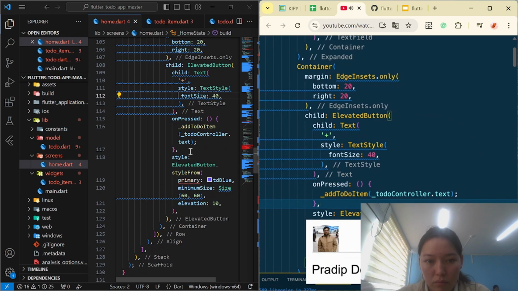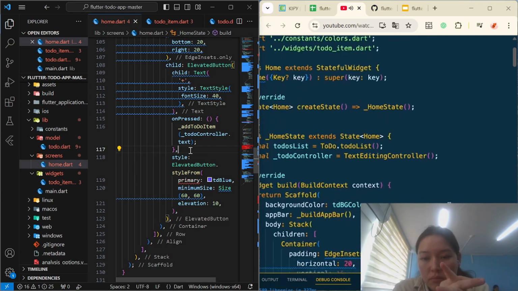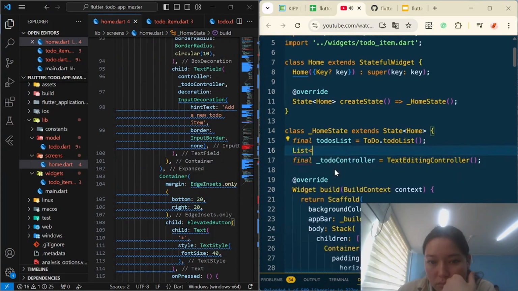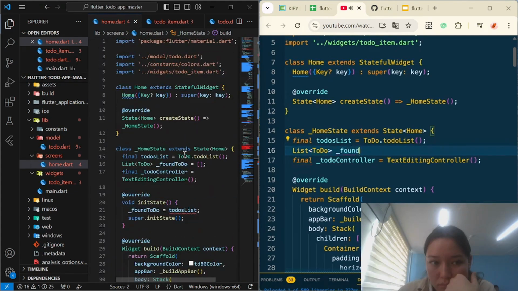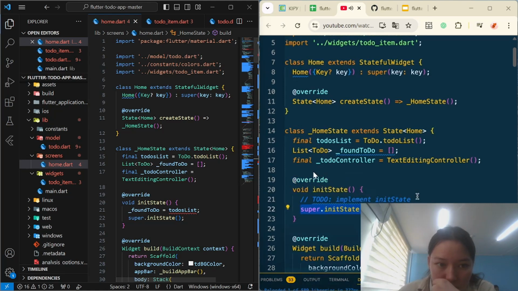Now we just need to make this search bar functional, so whenever we put something in, it will search the todo items from here. For that, first I'm going to create another list, and the list will be of type Todo. I will name this one foundTodo, and by default it will be an empty array. And after that I will initialize the state, so within the initState function,